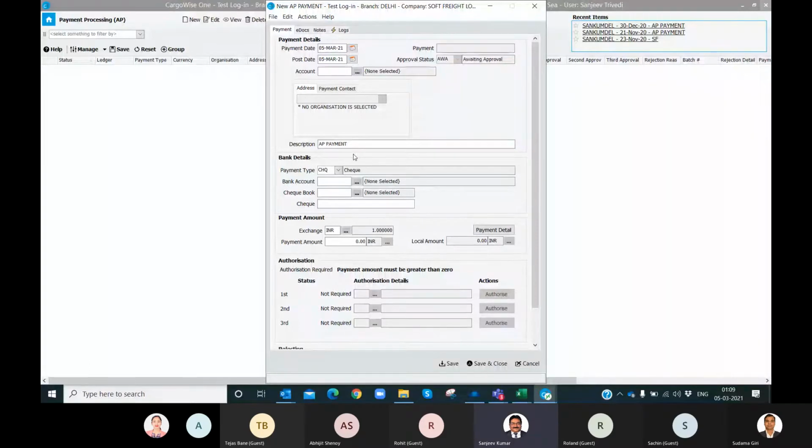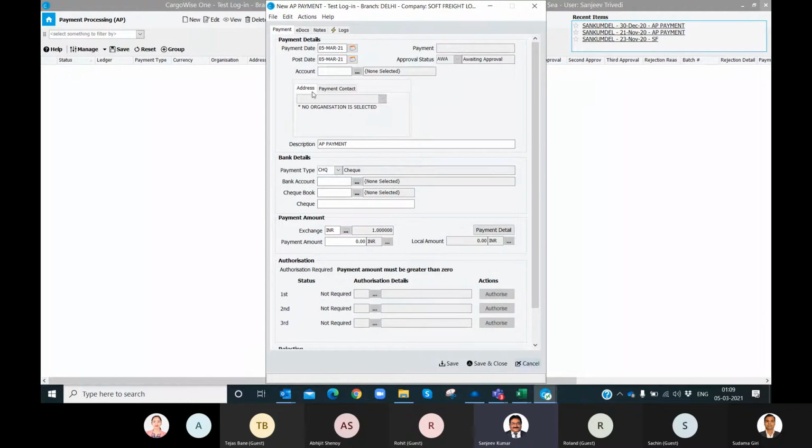But once matched, it will ask for the authorization level, and once approved, then only finally it will be posted.